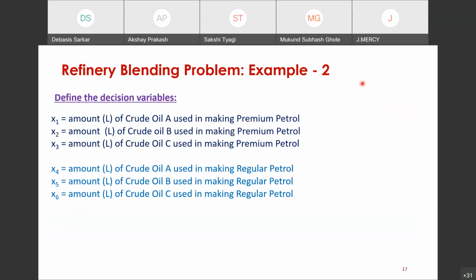Okay, so let's look at this. You have to produce premium petrol and regular petrol. So let us consider that X1 is the amount of crude oil A used in making premium petrol, X2 the amount of crude oil B